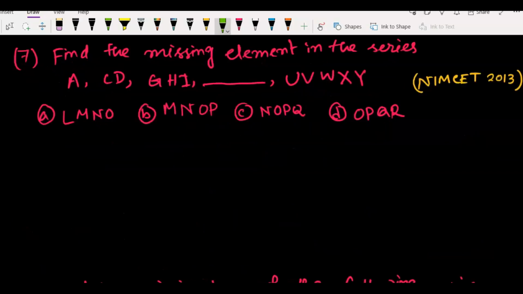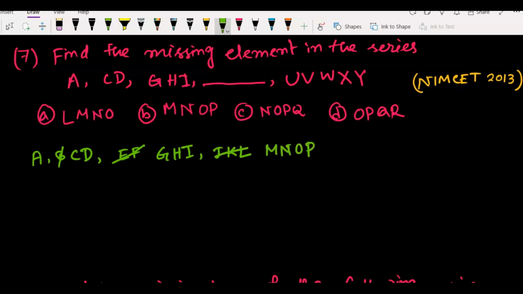Now question 7. This came in EAMCET 2013. So we have to find the missing element in the series. So first we have A, then B is missing here, then we have CD, then EF is not there, then we have GHI, then JKL will be not there, and we will have MNOP. Then QRST, these four are missing, and then we have